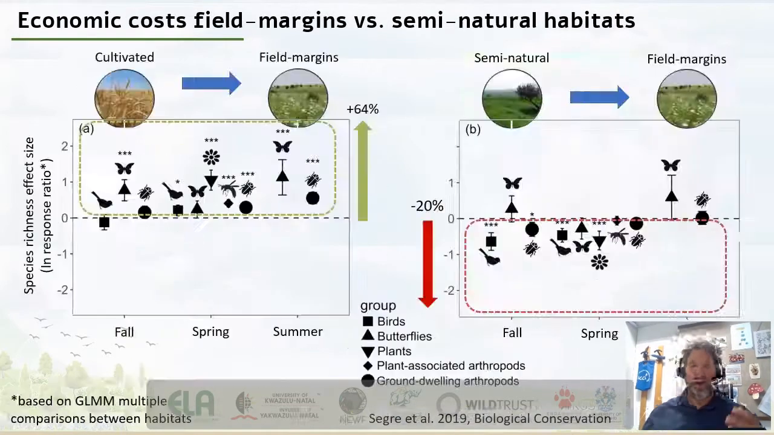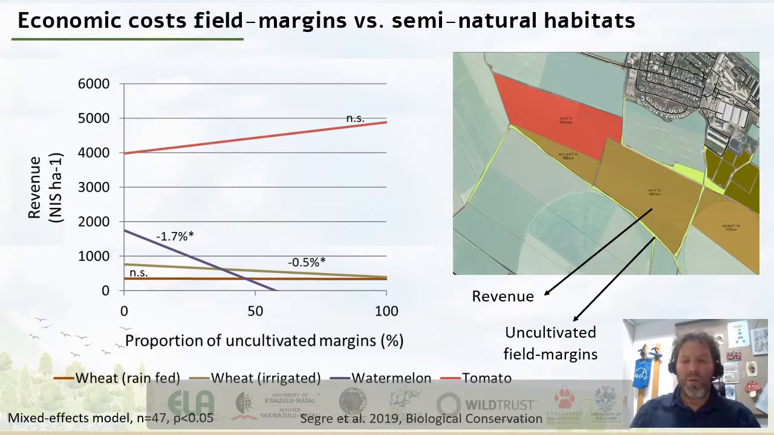Now, to look at the economy, it's becoming a bit more complicated. We look at the proportion of uncultivated area, the field margin around each of our crops. We looked at different types of crops, whole landscape, very common crops that altogether represent about 70 to 80% of the mosaic of agriculture. We look at wheat, rain-fed, irrigated, watermelon, tomatoes, and orchards, different types of orchards, and we calculated the loss. I'm not going to get into the economic side of things, but we calculate the loss in